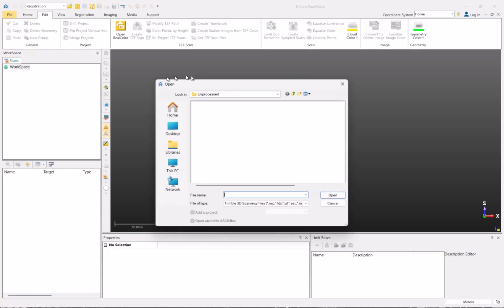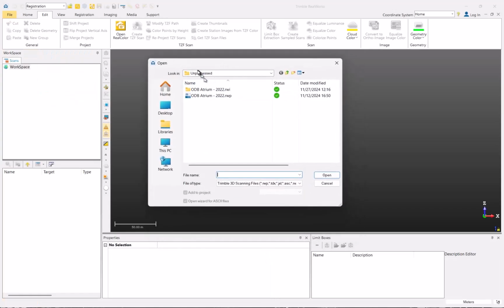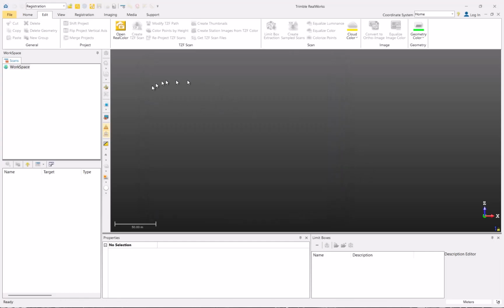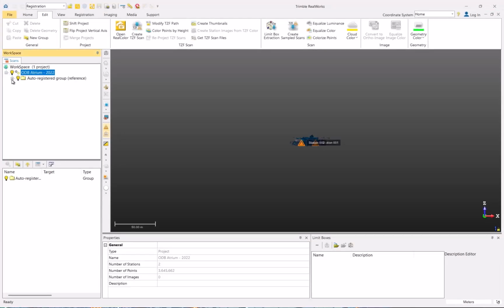If I go to my folder here, I have an unprocessed file that is a project, came straight from the scanner. It looks like this, basically. There's a process file, project file, and a project folder, and I'm going to open those. And once I have that, then I can see in here, this is already partly processed, that I have my